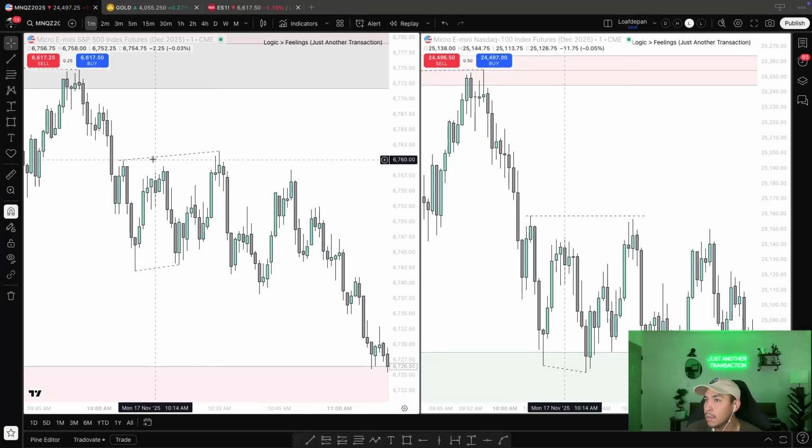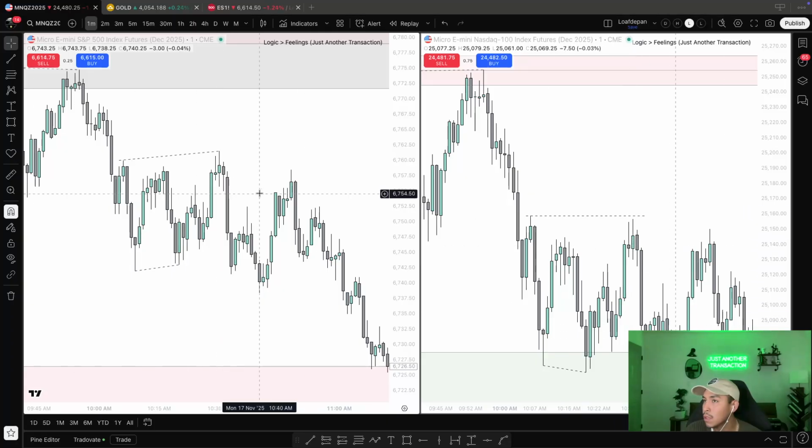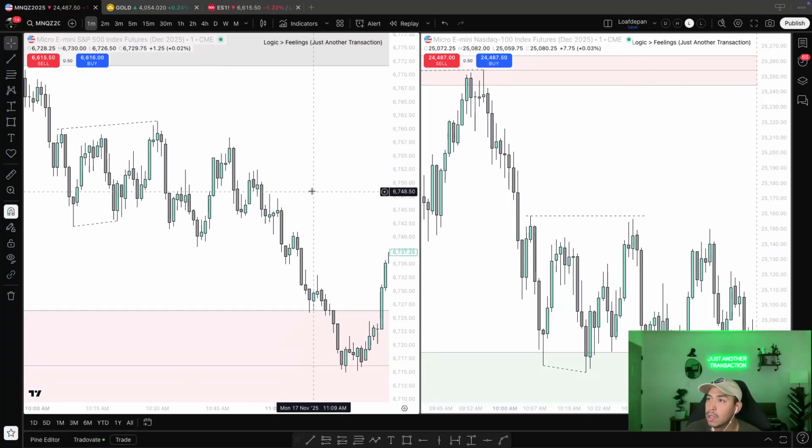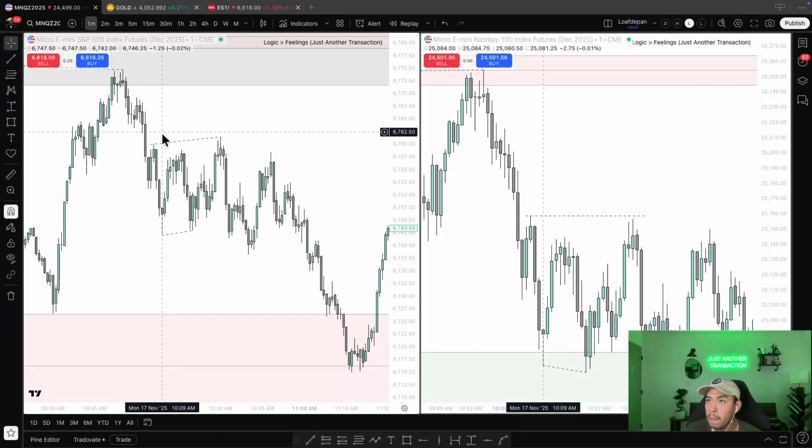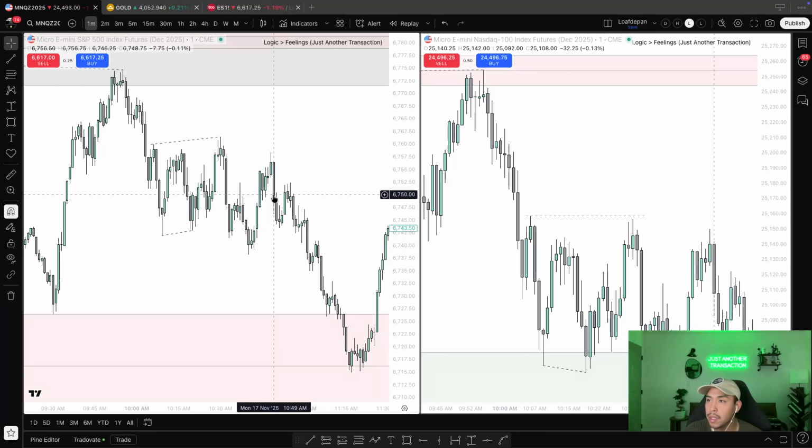And then that's when we get tapped into. ES sweeps all this liquidity internally in the 5, and then we have this displacement, which is where you could have entered, but just understand that you're going to be in some choppier conditions because you're in between two PD arrays. You have a 5-minute inefficiency to the downside, SIBI, and then you have a 5-minute inefficiency to the upside, BISI. So you're going to be chopping around until we finally get the real move. But this would have been your entry if you're bearish.